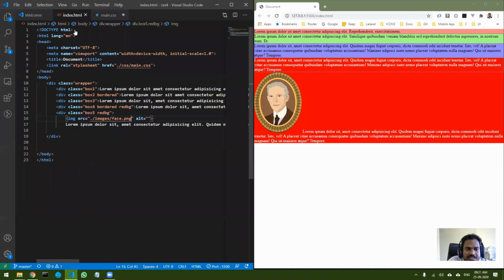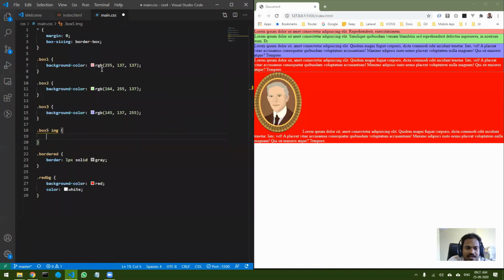Obviously I could have come over here and set the width in the HTML. This is possible, but once we move on to CSS, we don't do anything in the HTML. That you should remember. That's why I have not set it over here. I'm going to set the width from the CSS only. I can select box 5, and this image tag is inside box 5.